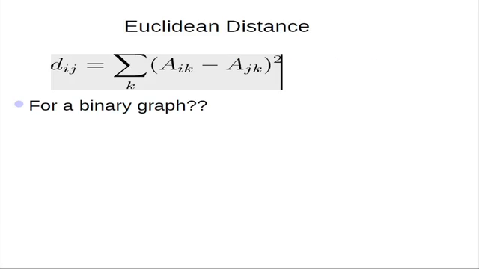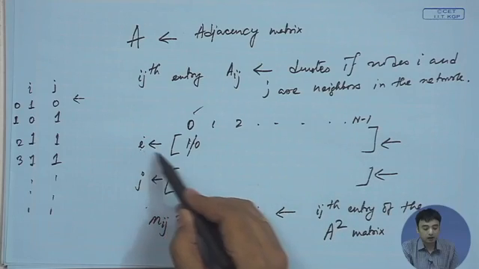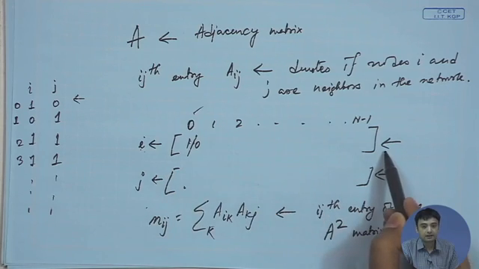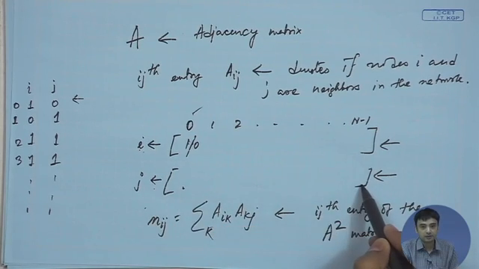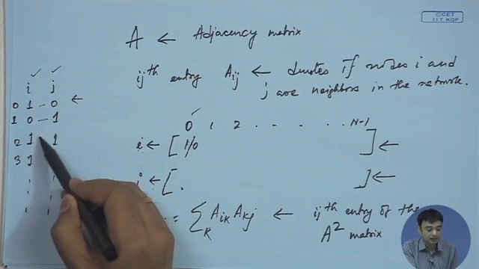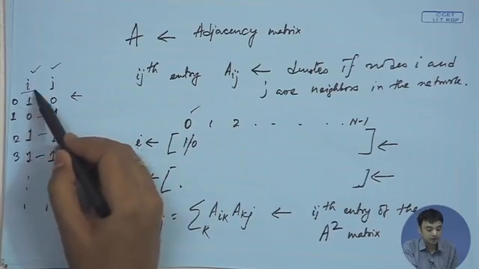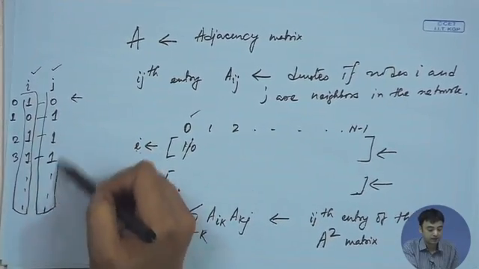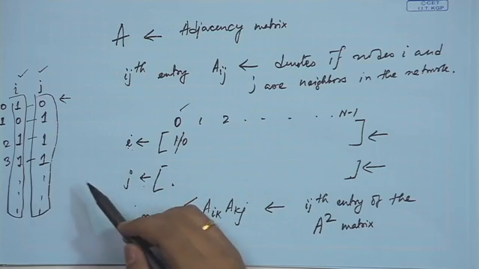There is yet another method where we use the Euclidean distance, okay. Again, since these are binary vectors, the neighborhood of i can be represented as a binary vector like this, and the neighborhood of j can also be represented as a binary vector like this. Then you can find out the Euclidean distance between this particular vector here and this particular vector here. Since both of them are 0-1 vectors, the Euclidean distance also is proportional to the Hamming distance basically. So you can find out the Hamming distance between these two binary vectors,